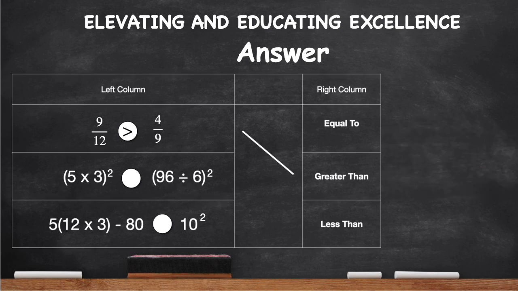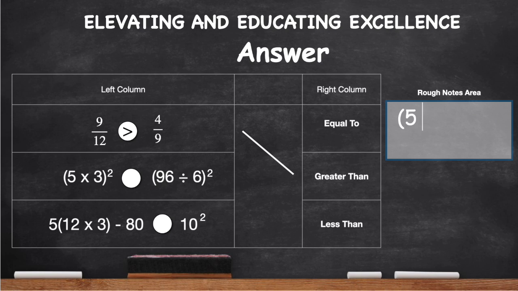So this question has exponents, and remember what you want to do first is the brackets first. So 5 times 3, and then we're going to do the exponent. So when solving for this answer, remember that you want to solve for the bracket first and then the exponent. So let's begin by first drawing a rough box. And in that rough box, we're going to write open bracket 5 times 3 close bracket to the exponent of 2, and that equals